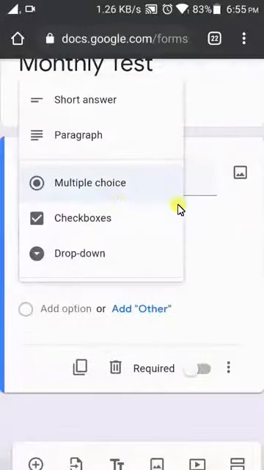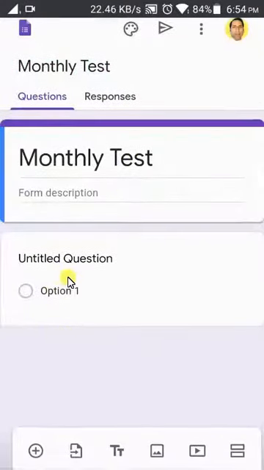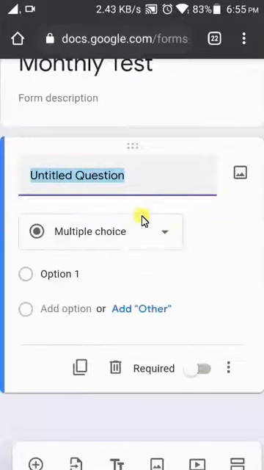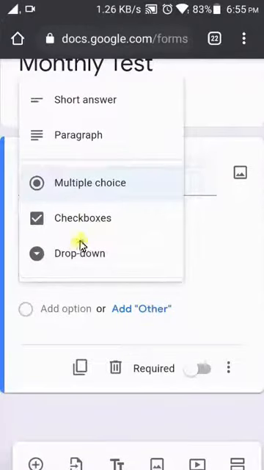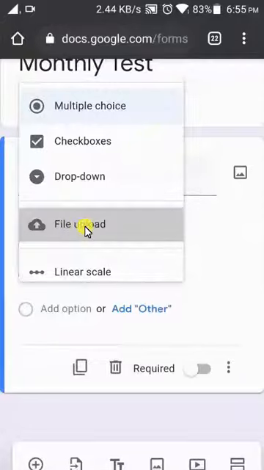Now if we click this option, here we get multiple choice questions or whichever kind of question. As we click here, we get this drop down box, and here we get the file upload option, and we have to choose this one